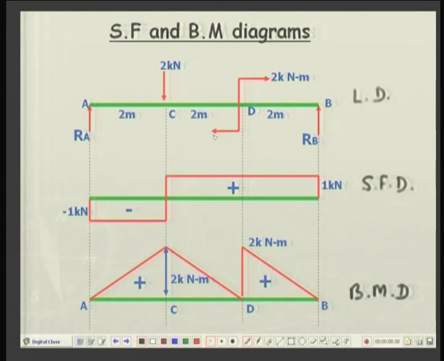Okay. So, where the shear force was going through 0 over here, it is consistent with our results that the bending moment is maximum when the shear force is going through 0. So, everything is tying up very well. So, this is how you will plot a bending moment and shear force diagram when the loadings are concentrated.